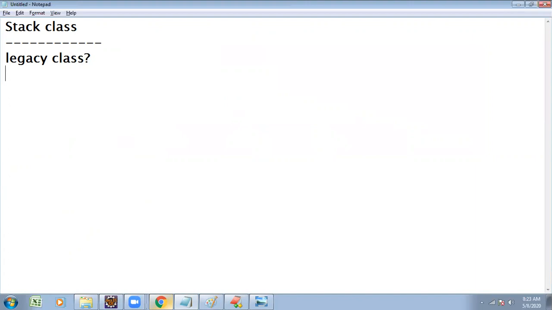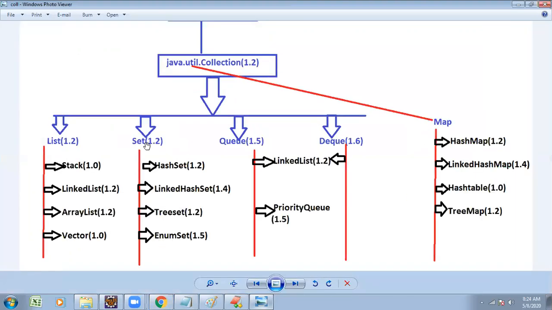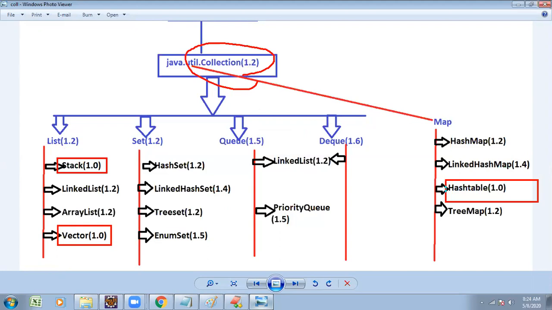A legacy class is a class which is already available before collections came into existence. Collections were introduced with JDK 1.2 version, but before 1.2 you find these classes already existing with Java.